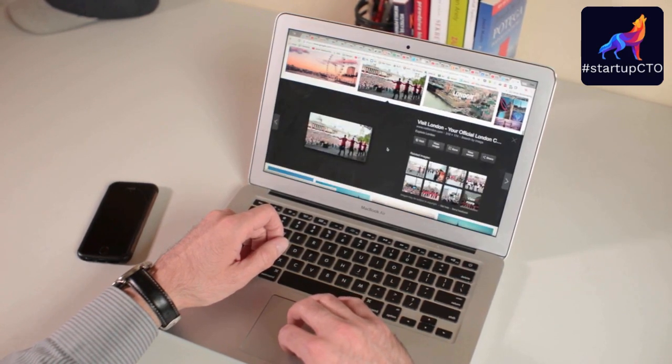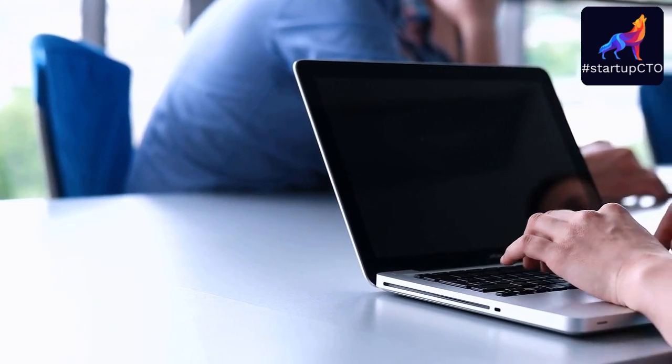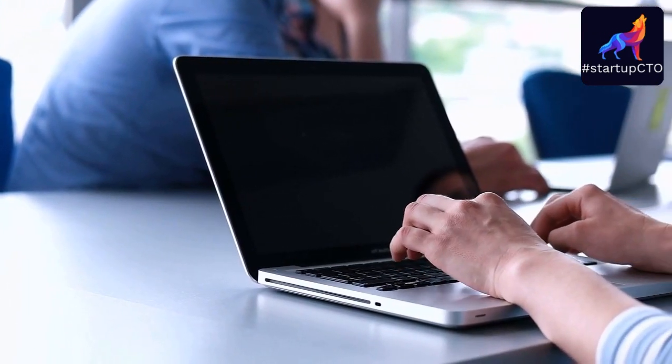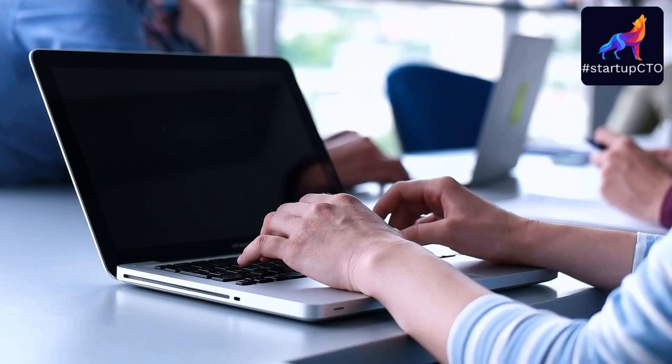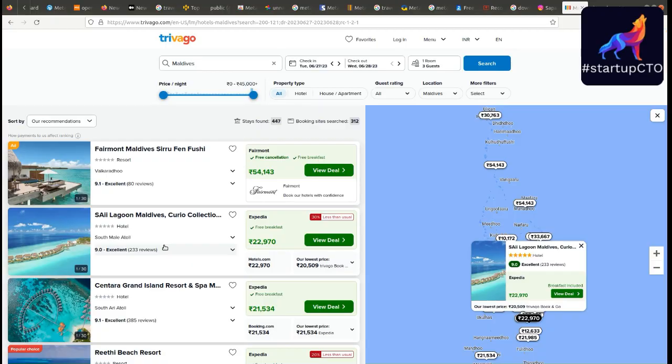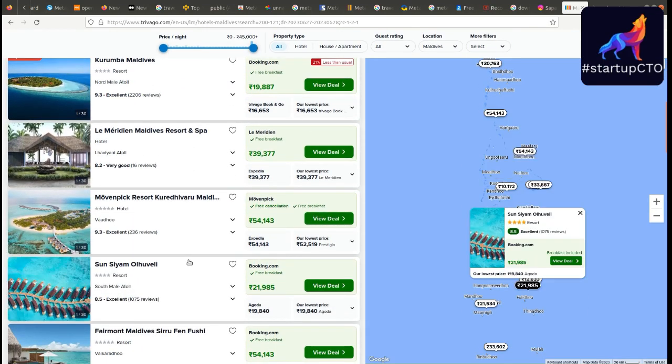Here is a simplified overview of how meta search engines work. Users enter their travel details, such as their destination, dates, and preferences, into the meta search engine. The meta search engine sends queries to multiple travel websites, OTAs, and other relevant sources to gather relevant data, such as flight options, hotel availability, prices, and other details. The meta search engine then presents this information to users in a single, unified interface. This allows users to quickly and easily compare prices and availability from different sources and to find the best deals